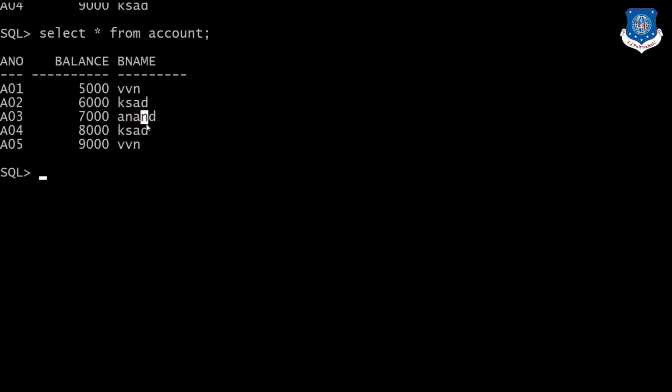The update command updates all rows from the table and displays a message regarding how many rows have been updated. Update account set balance equal to 9000, where account number equal to A03, as I want to update the balance of account number A03.